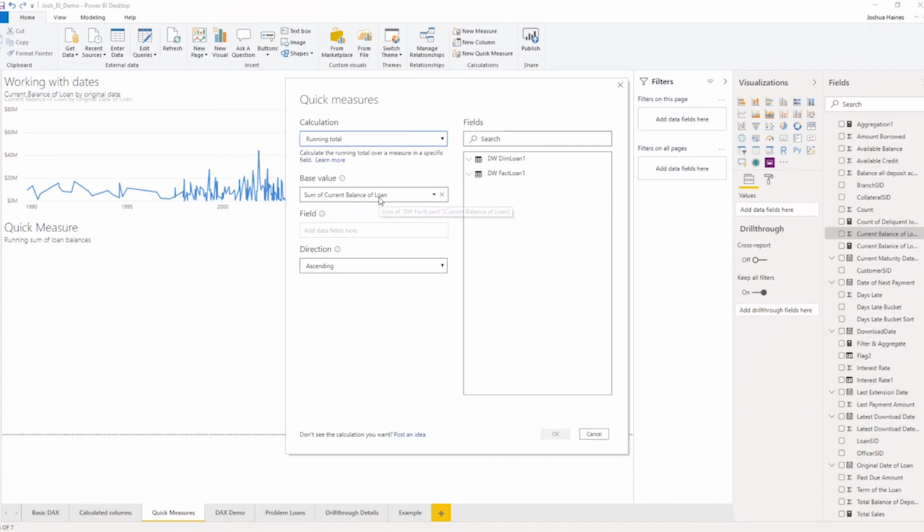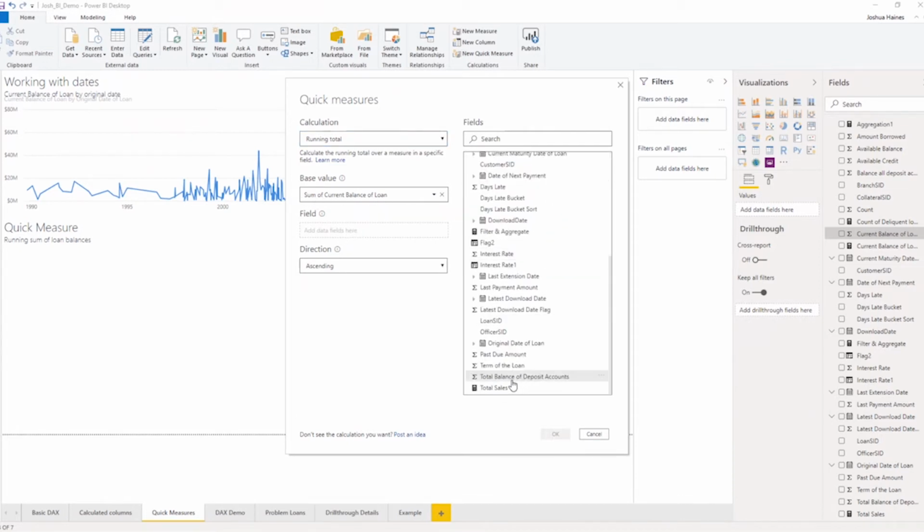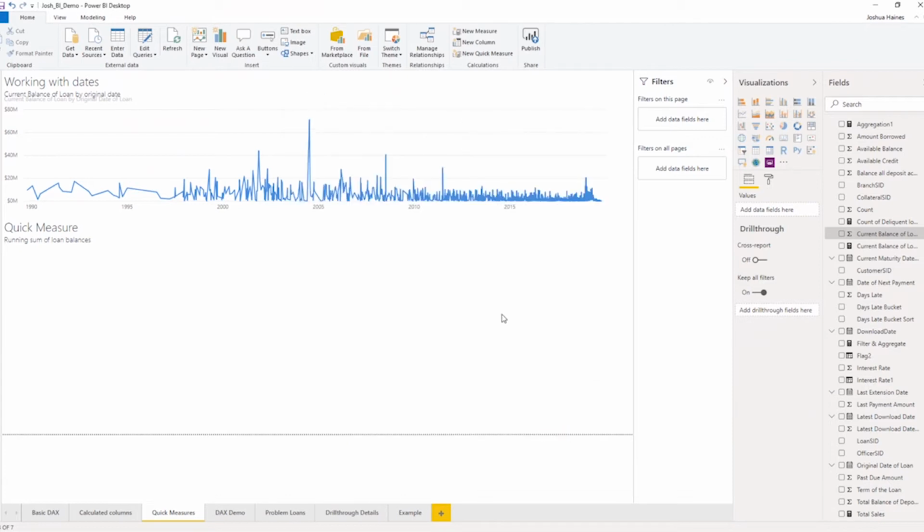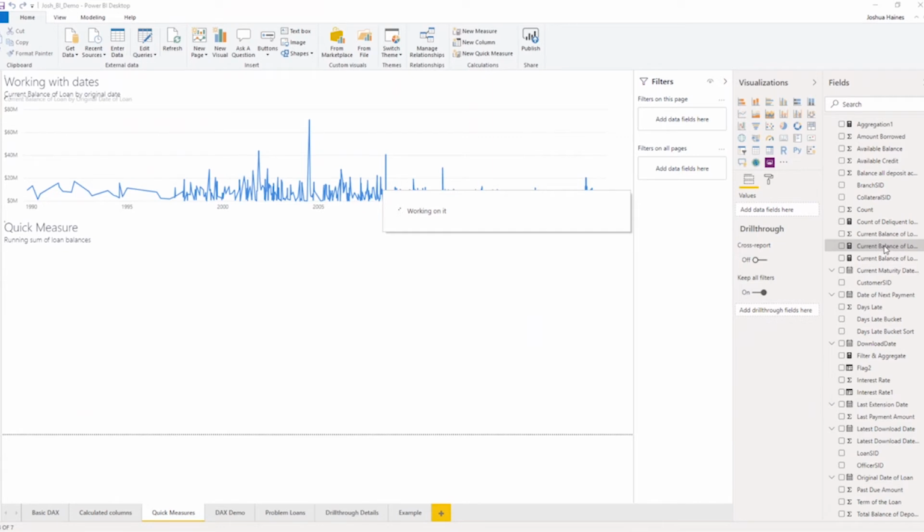So the base value, sum of current balance of loan, that's correct. And I'm going to go into the fact loan table and bring in original date of loan as the field that it's going to be running the total over. Hit OK. And it will create that